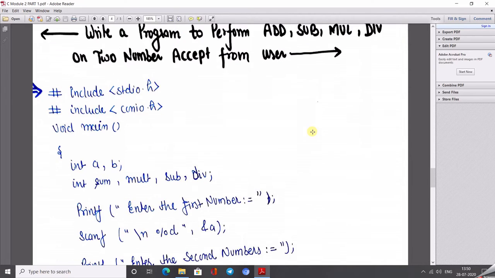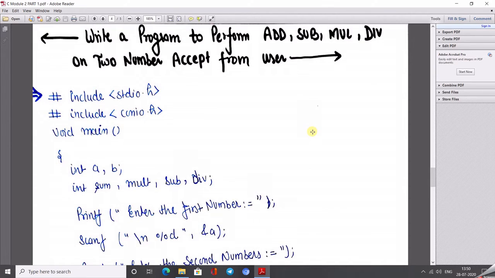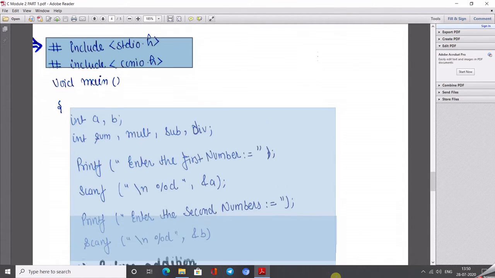So this is just a writing style. Here I also mention a general program in which we can perform all these arithmetic operations on two numbers: addition, subtraction, multiplication and division also. Okay, so this is a similar program. Why we need to take the console input output header file, stdio.h, I already told you so many times. So this starts from the main function.